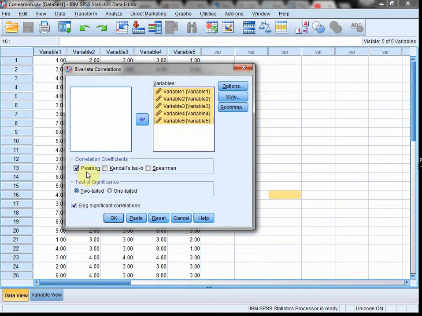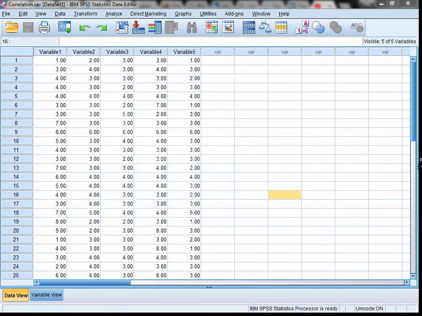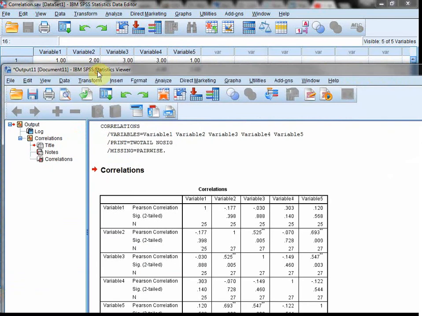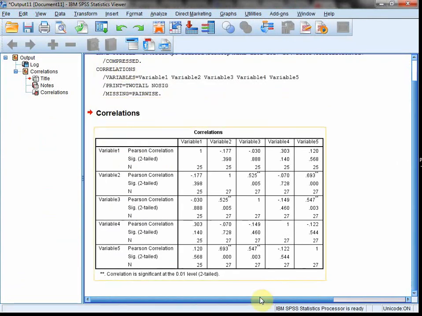By default, it's going to be a Pearson correlation, and that's appropriate for this data. And it will be a 2-tailed test of significance, which is fine when you don't have a directional hypothesis. We don't need to click on any options at this stage. Just click on OK. The sort of outcome that we will find is it produces a large table of correlations, and